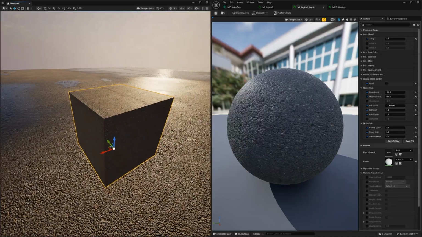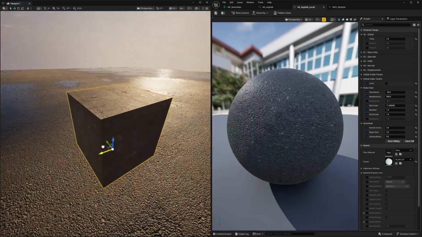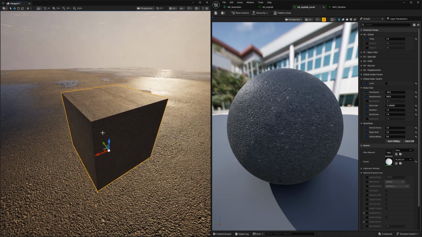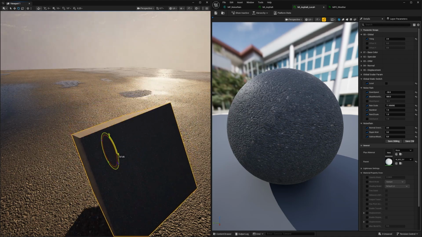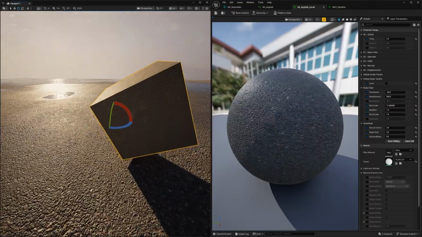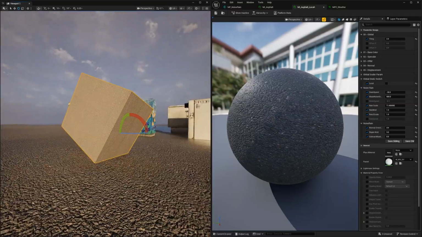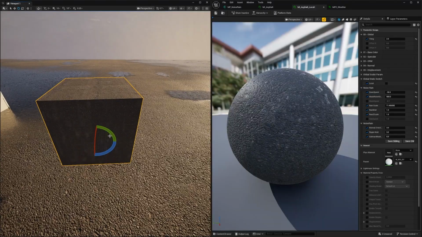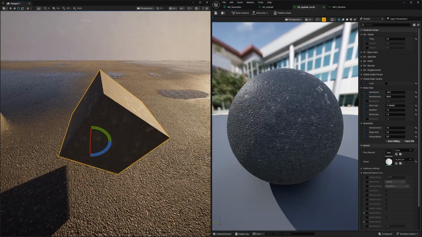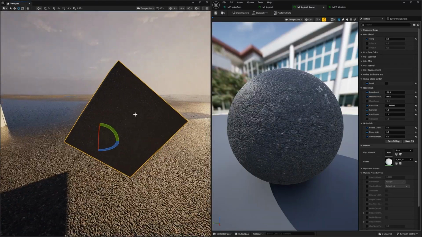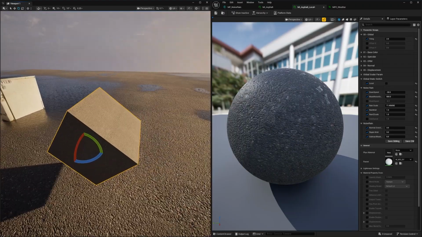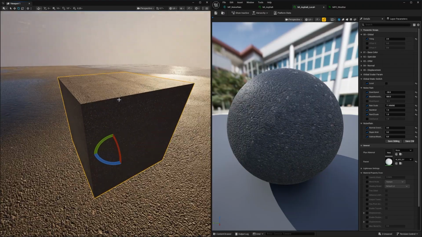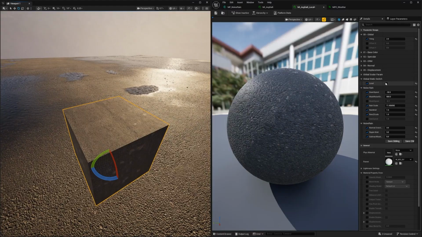So right now, yeah, you can see if we move the object, the rain stays in the same spot. It doesn't look horrible, but the problems start happening once we rotate the object, because the rain will keep going in the direction that it was originally rotated in. And so we want to be able to have the rain go down in the exact same direction no matter how it's rotated, and have the rain stick with it. So right now, this is set to a global, and you can see over here,